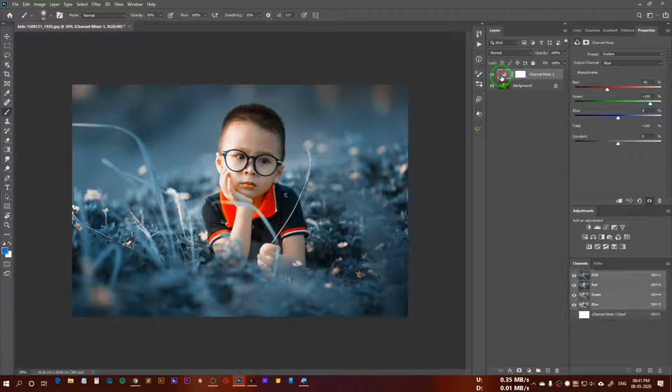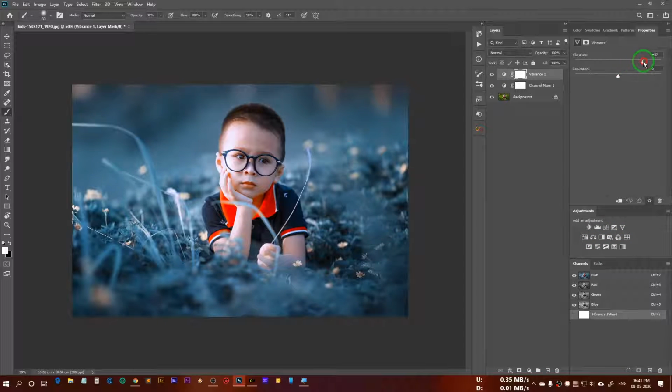And if you want to increase its saturation, you can just experiment with this color, or you can come over here, click on the vibrance and increase the vibrance and saturation a little bit, so that way we get more of the saturation in the leaves.